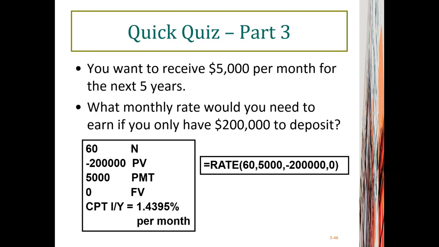And here you do 60 N, negative 200,000 PV, 5,000 PMT, 0 FV, and when you compute IY, it will show you 1.4395% per month. Right? Is that an easy number to achieve? The answer is no. Why? A monthly rate of 1.4 means the annual rate would be something around